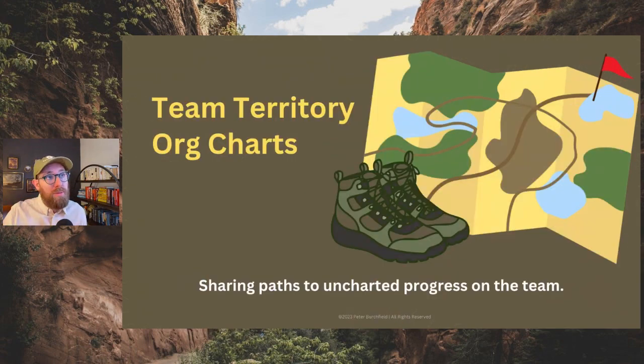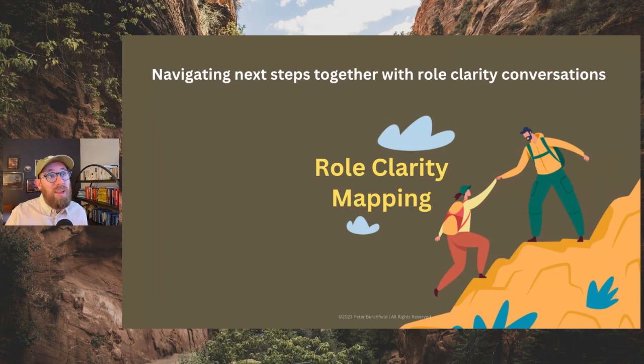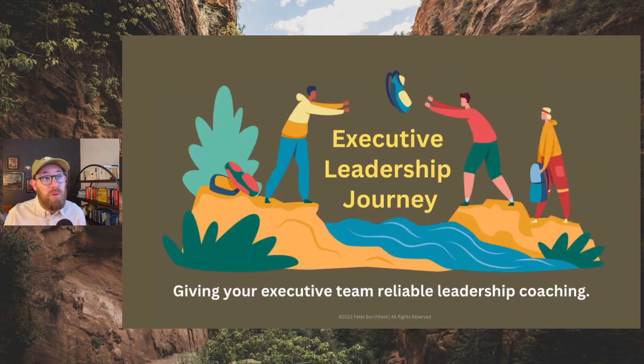But when you get through the template, all these tools in the toolkit, you start with the org chart, okay? And then you're going to move into the role clarity conversation so you can map out everybody's leadership journey, and you'll be better prepared for what they do next. You're going to know in advance which way they're leaning, and they'll know what's expected of them as well. And it's really, really helpful. And then you're committed at whatever level you can to provide reliable leadership coaching for those leaders, individually as well as a team effort.